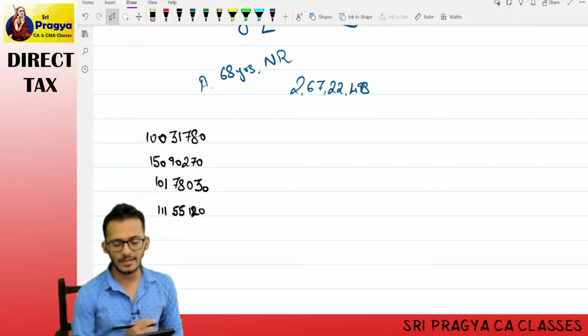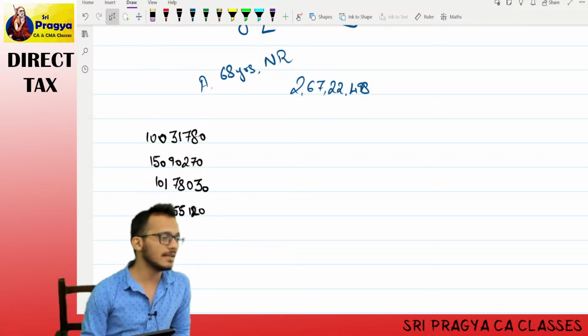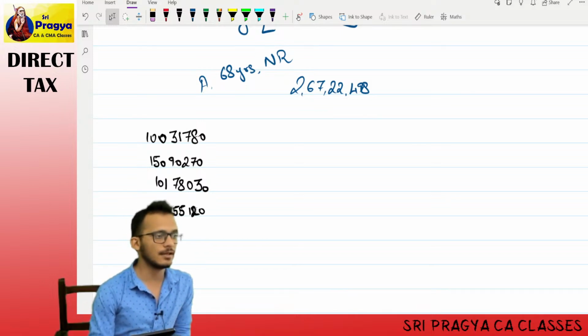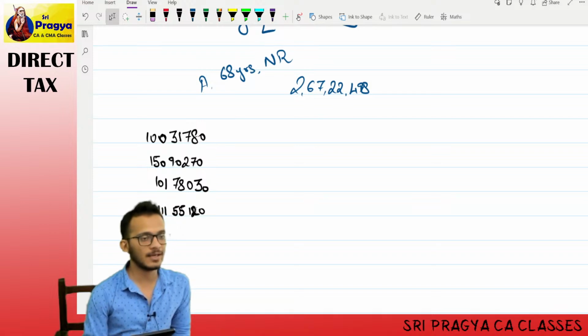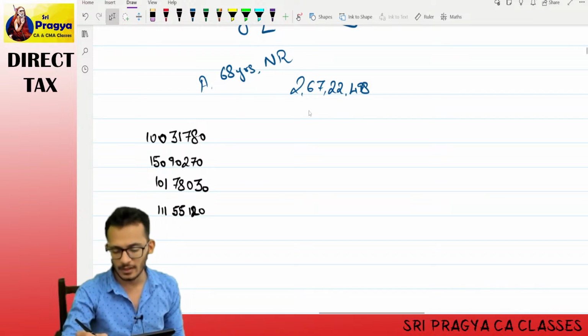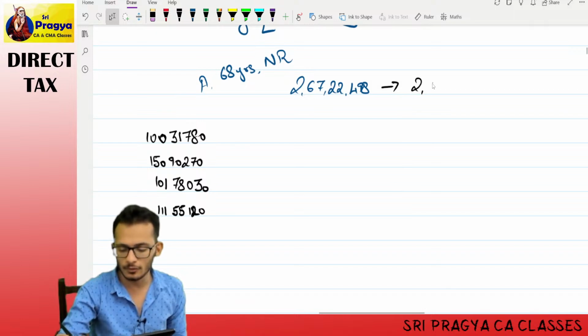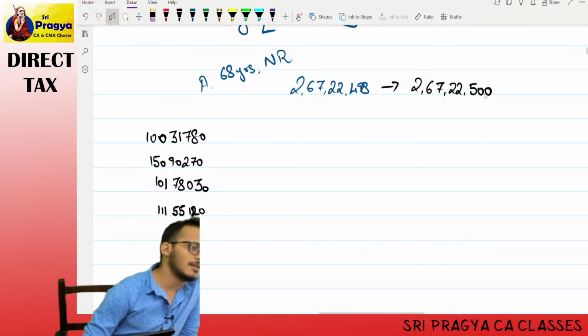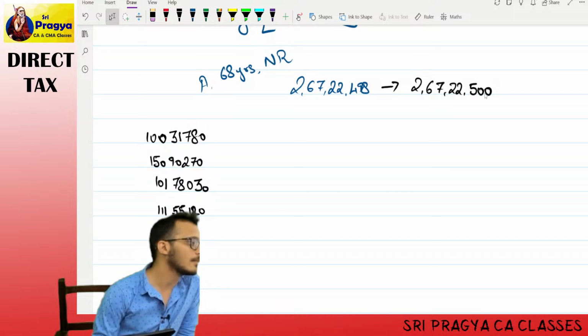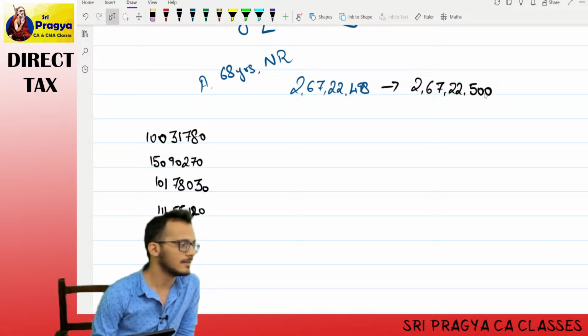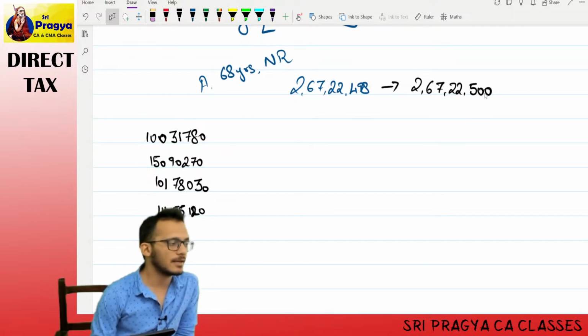The question is coming in saying you're Mr. A, age 68 years, non-resident. The moment I see there is a non-residency, age does not matter. You are moving back to a slab of 2.5. I will first of all move ahead and round off to 10. How many of you missed this step? Honest answers. Raise of hands quickly. Strike it off. Strike off the whole thing. Start over again.